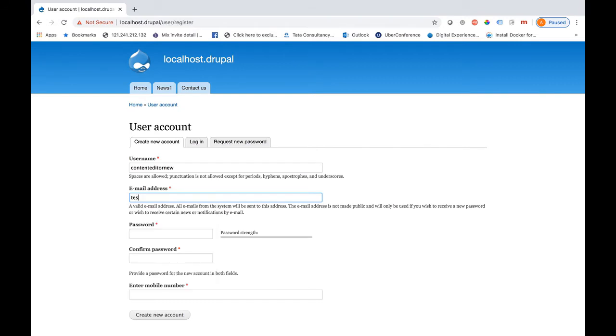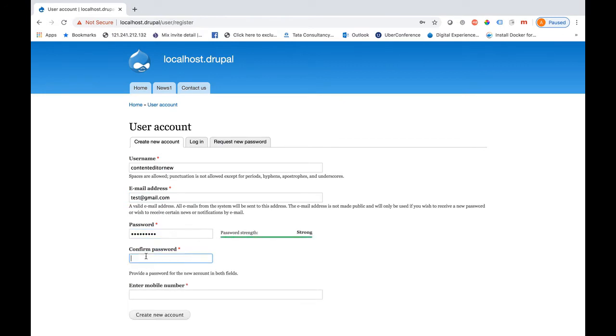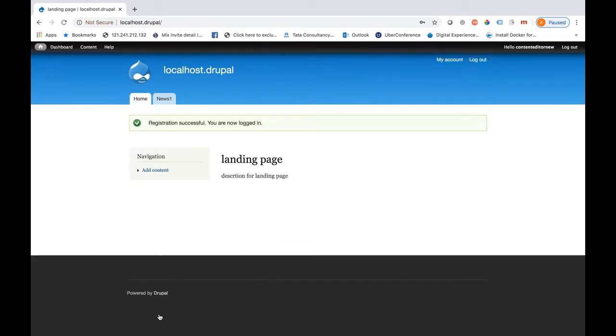Email address, just give any email address for testing purposes. Let me give the password. Just try to give a unique email address here, your mobile number, and then create new account. So you have now been assigned the content editor role by default.